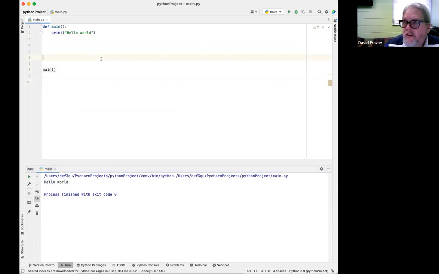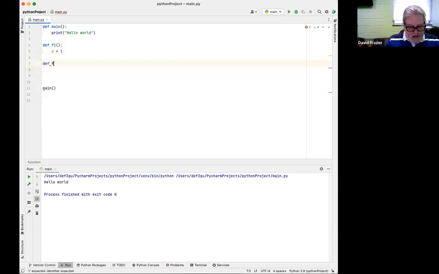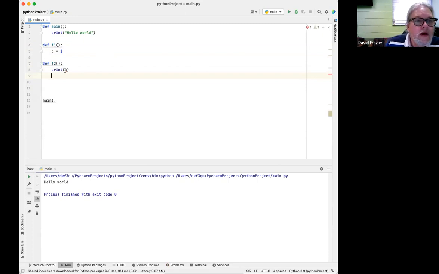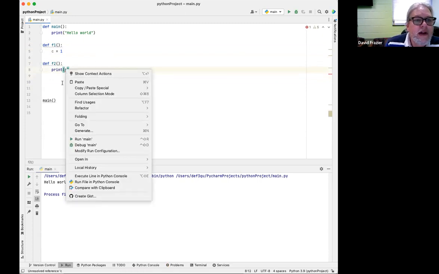So you can define as many functions as you want. They can have parameters. We'll talk about that later. But just keep in mind that if you have 2 functions, say I do def f1, where I define a variable c is equal to 1, and then a def f2 where I want to print c, you see that I get a little squiggly there.